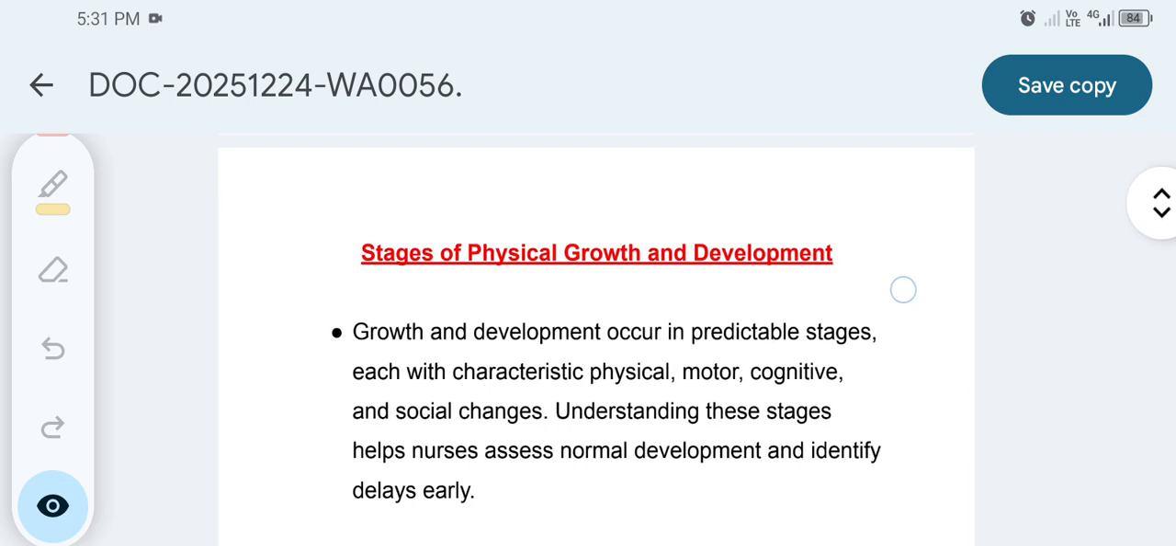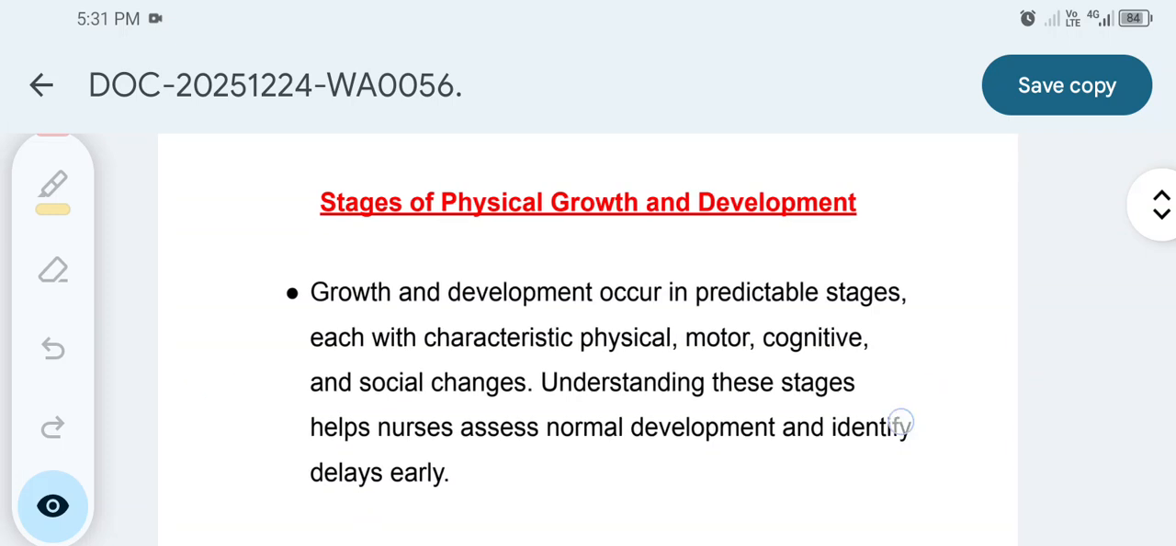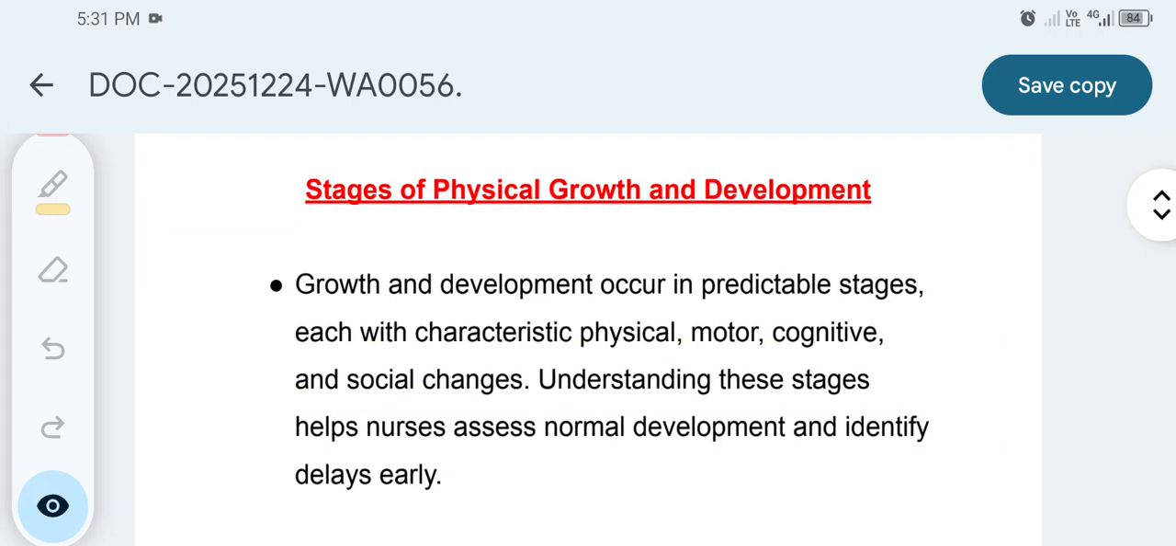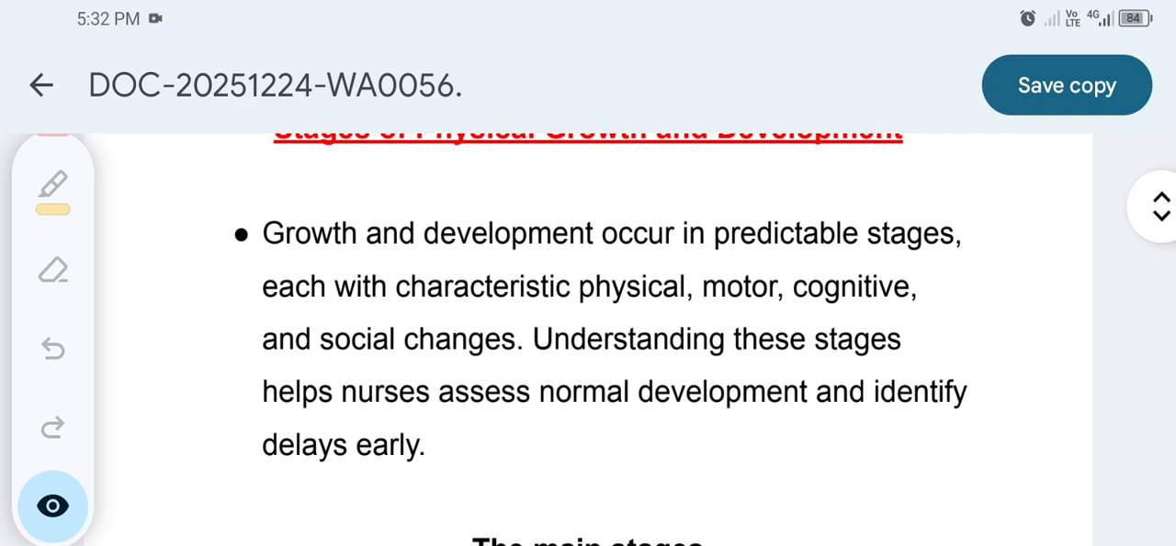So under this, we looked at, we said that growth and development occurs in predictable stages, meaning that there are some specific periods when we want a change in someone's growth, each characteristic: physical, motor, cognitive, as well as the social changes. So all these are parameters that show growth in a child. Okay, so I said understanding these stages will help a nurse to know whether the child is growing well or they are not. Okay,